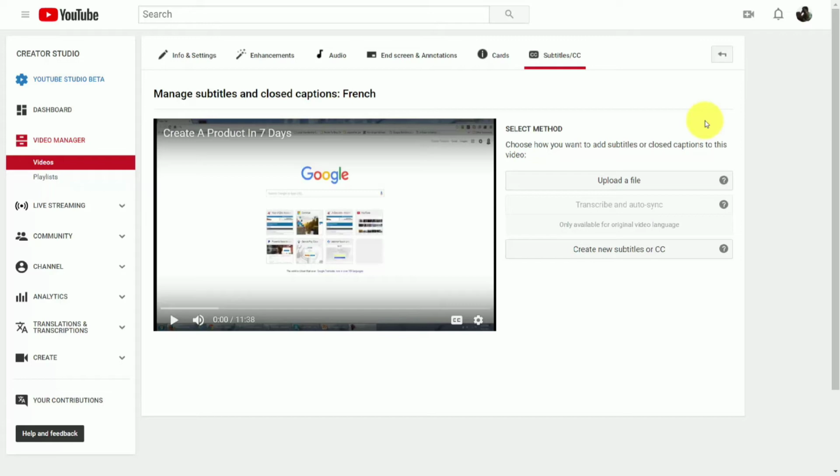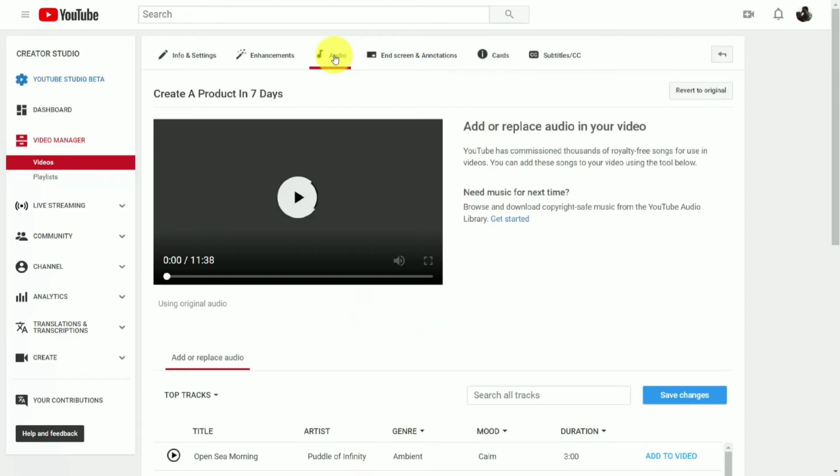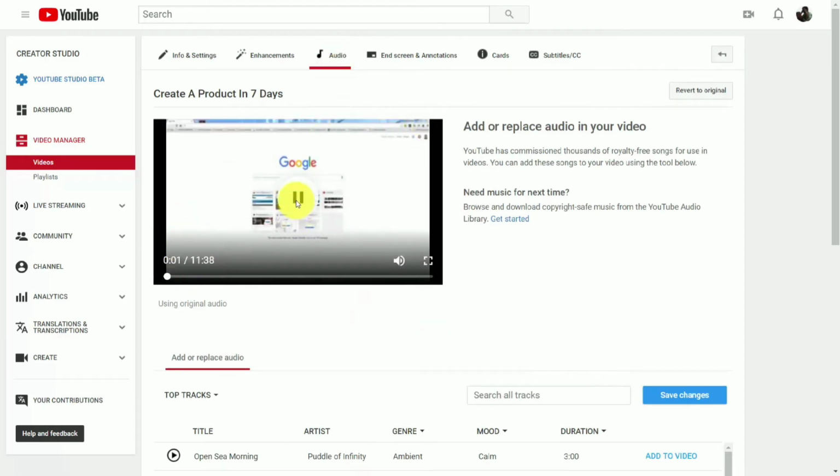Welcome back. Now, depending on what your live stream is and what you're trying to do, another part of the post-production process may be to add music. And you can do that inside of your video editing screen by going to this link that says Audio. And when you do that, what you're going to notice is that you can add or replace audio inside of your video. Now, you're not going to be able to add anything from your personal computer to your existing video,